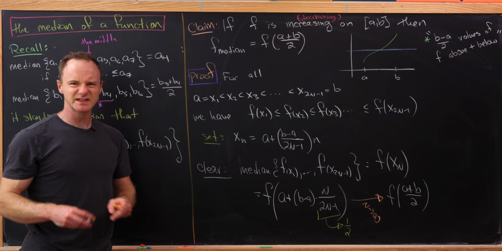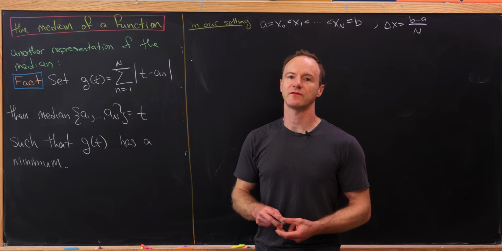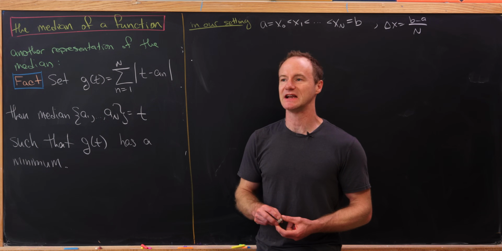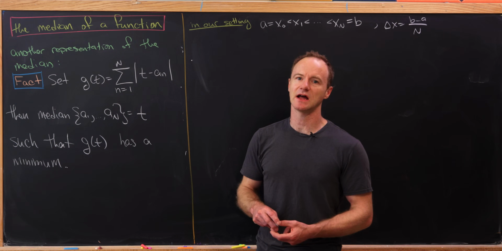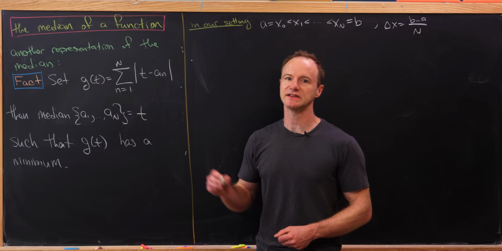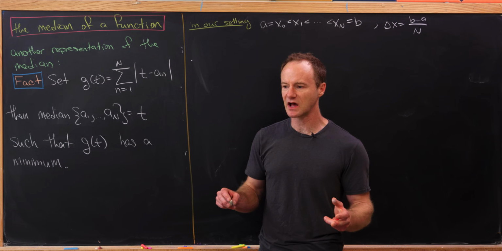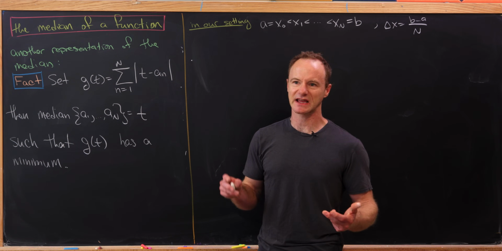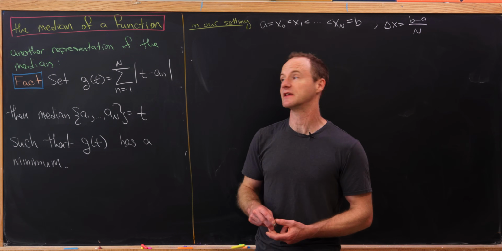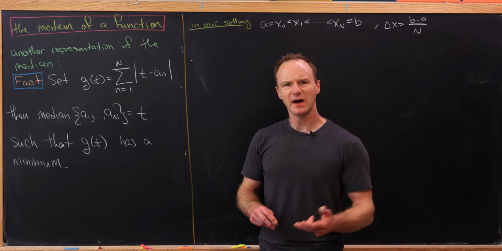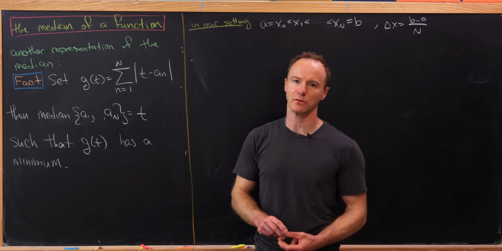Okay, so now let's move on to a more general continuous function. So we just showed that if we have a monotone function, it's fairly easy to find the median. That being said, if we've got a function that's not monotonic, so it's got increasing places and decreasing places, it's a little bit trickier, and that's because we don't quite have a calculational method of finding the median like we did for finding the mean. But we can kind of hack one together via the following fact,